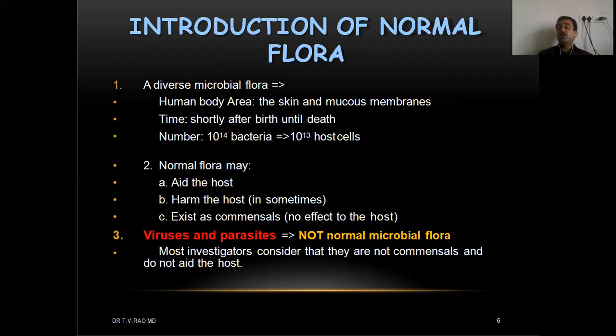Now, a diverse microflora is there. As I told you in my previous slide, the number of bacteria present inside the human body is more than the number of cells in the body. So, the human body area, skin and mucous membrane, wherever there is skin, on the surface of the human body, the microorganisms try to reside there. And mucosal membranes, a number of mucosal membranes are present, wherein the mucous secretions are helpful for the bacteria to